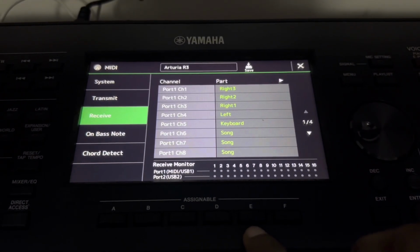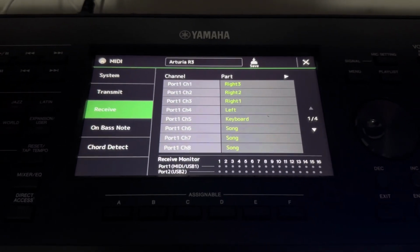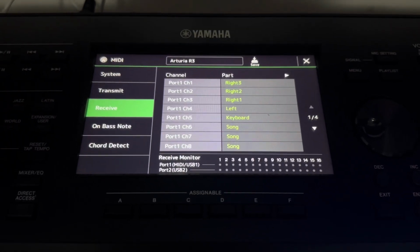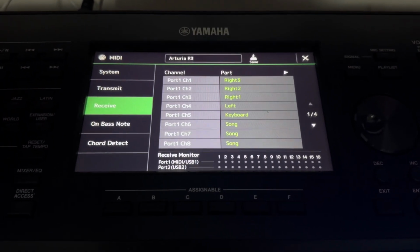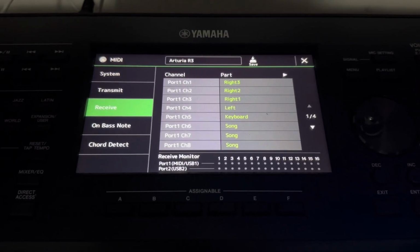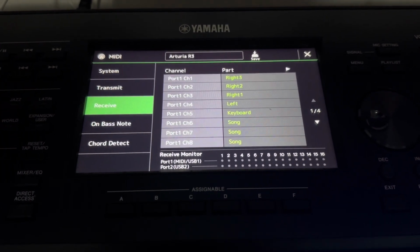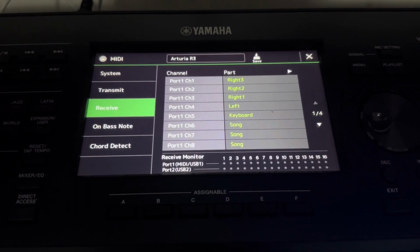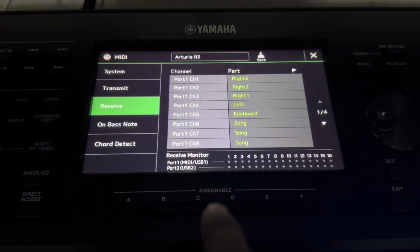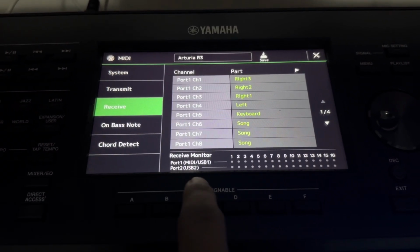Now this Yamaha keyboard is capable of receiving MIDI signals from 2 different ports. One is the USB host port where we can connect a printer cable from a computer. Next one is the MIDI port that I showed previously. Right? Now you can see port 1 is for the MIDI connection and port 2 is for USB. Port 1 is the one we need to configure because you can see port 1 is the MIDI or USB